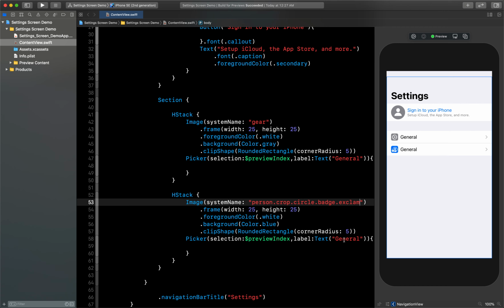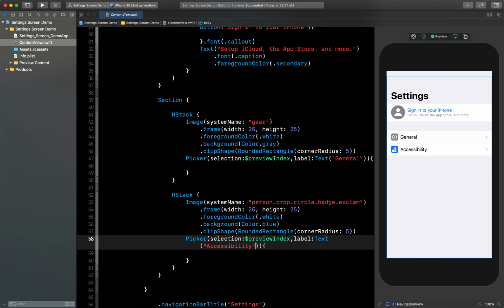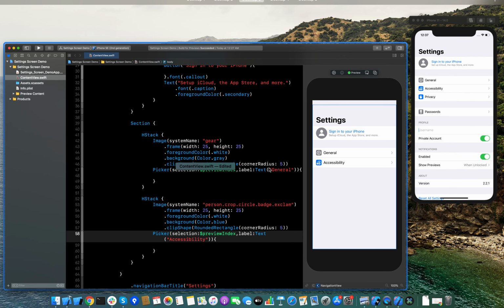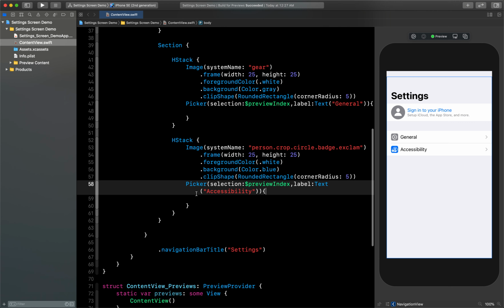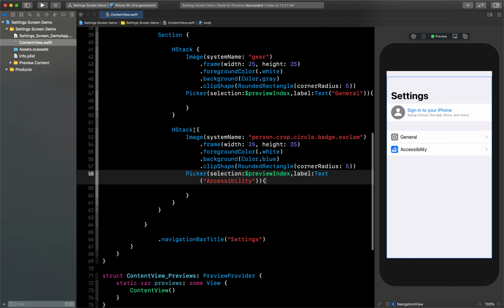Okay, and let me change the text also here. So the text here is accessibility, so let me just write that, accessibility. So this is how you have created the second part. Now let's create the third part, which is privacy. So again we will just copy paste the code,